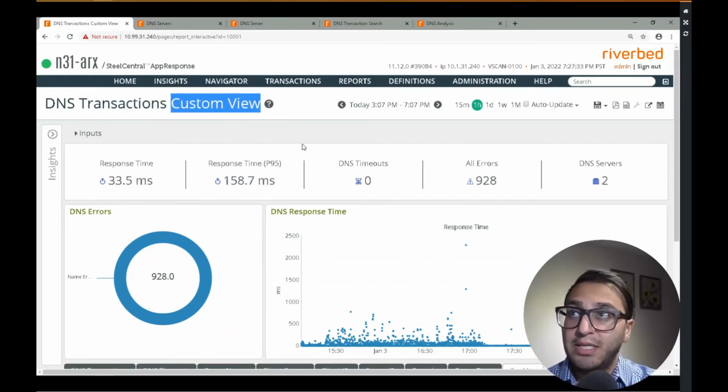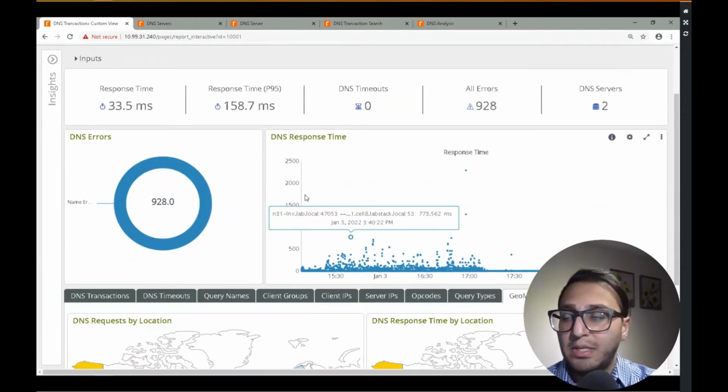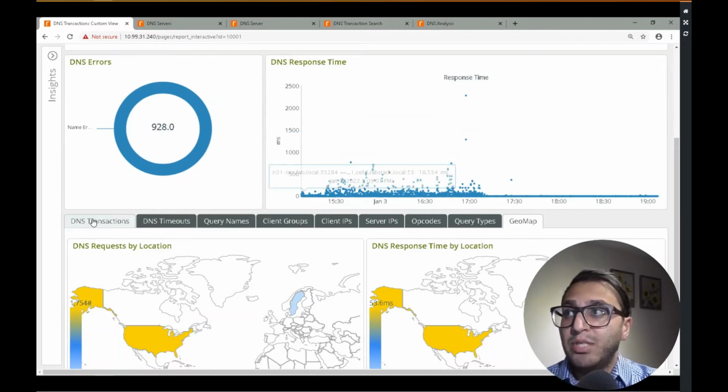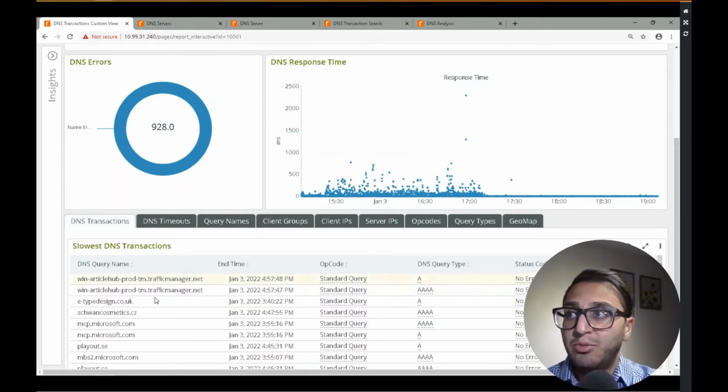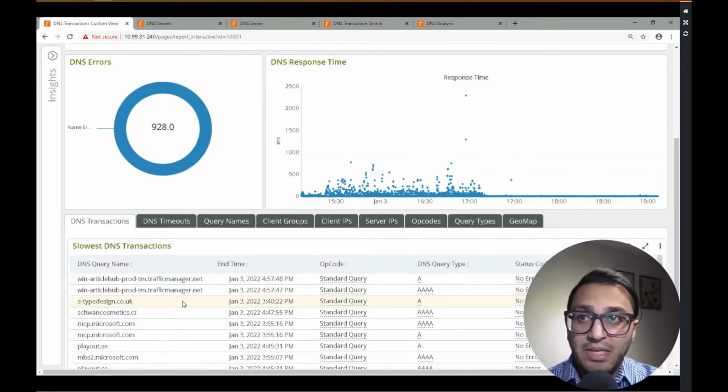off of the DNS transactions insight. I've created a custom insight, and I've made a few changes. So I've included, for example, the DNS query name. I'd like to see exactly what queries are being seen by the AppResponse and whether there's a status code error